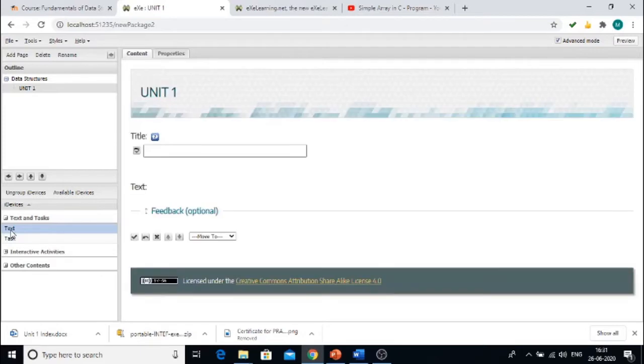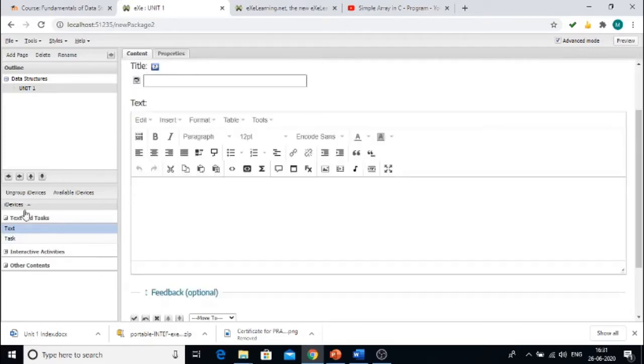Once you click the text, you can see a page opening on your right hand side, the content navigator page. Here give the title for the content. I am giving the title as unit 1 introduction.